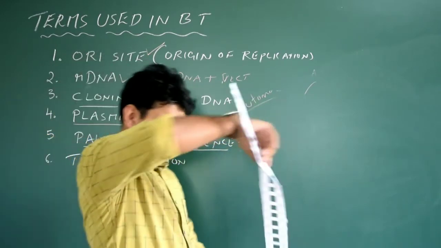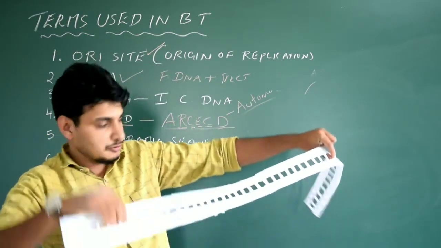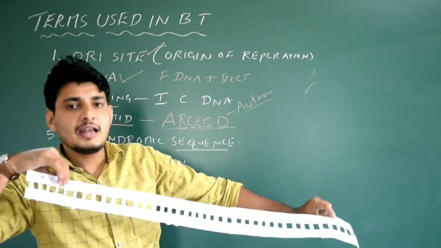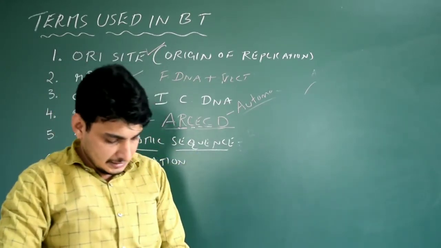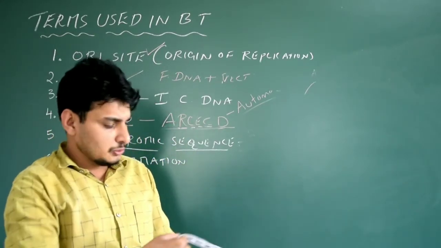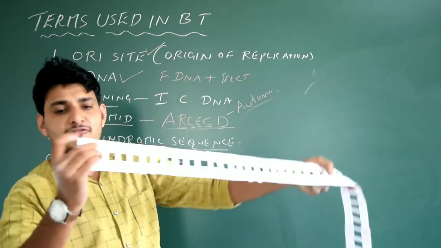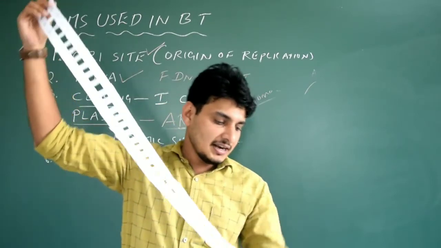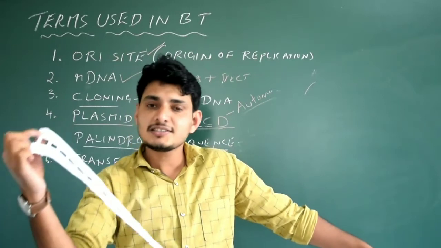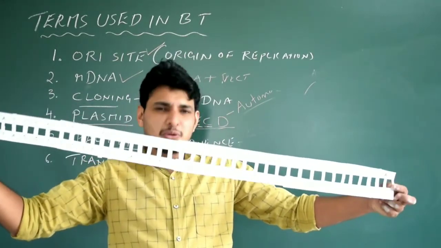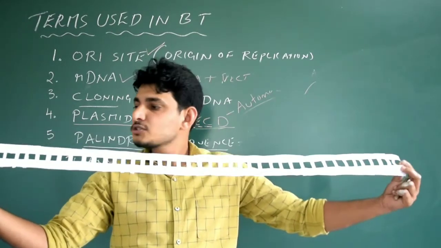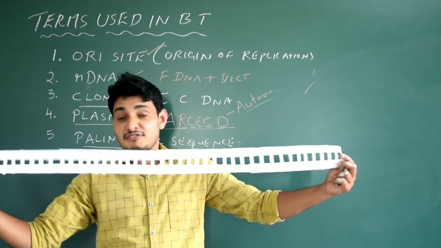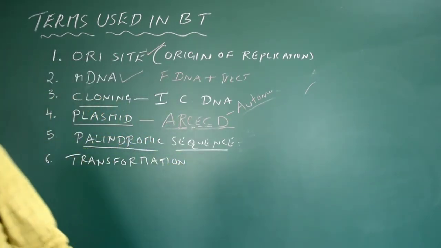Suppose we consider this paper model as our DNA. See, it's very long. Here you need to identify where exactly the palindrome sequences are present. It's very difficult. You need to read the sequences. One strand should go from the 5 prime end to the 3 prime end, and the other strand again from 5 prime to 3 prime. If you pause the video and read the sequences, you will find 3 palindromic sequences. Find them if you can.